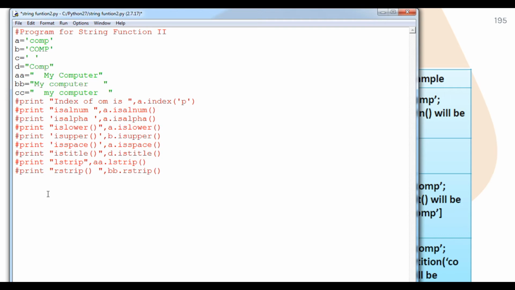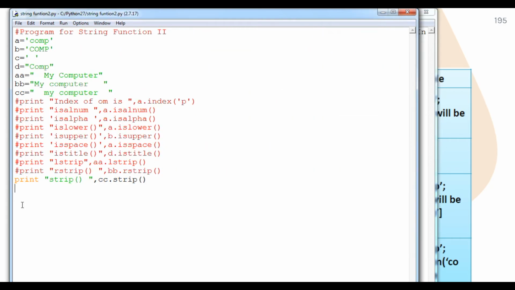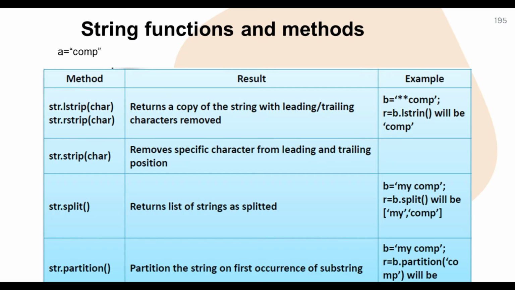You can see I have created spaces for lstrip and rstrip, but I will remove them with a single function only, that is strip. So here I am going to use triple C dot strip. Now you can see, student, my computer has come out with every right-side and left-side space erased.